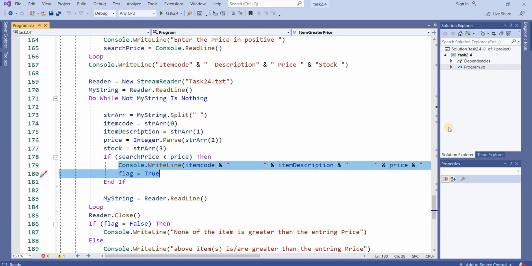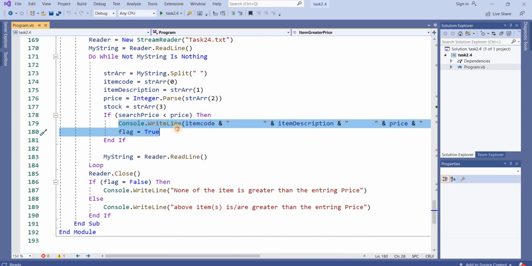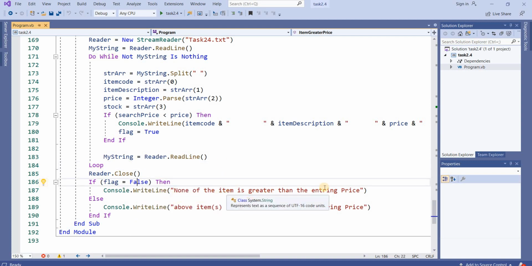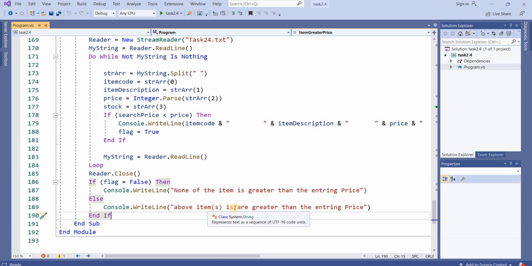When you find that item, the flag will be true, and at the end it will check: if flag equals false, it shows none of the items is greater than the entry price, and if flag is true, it shows the above item or items are greater than the entry price.